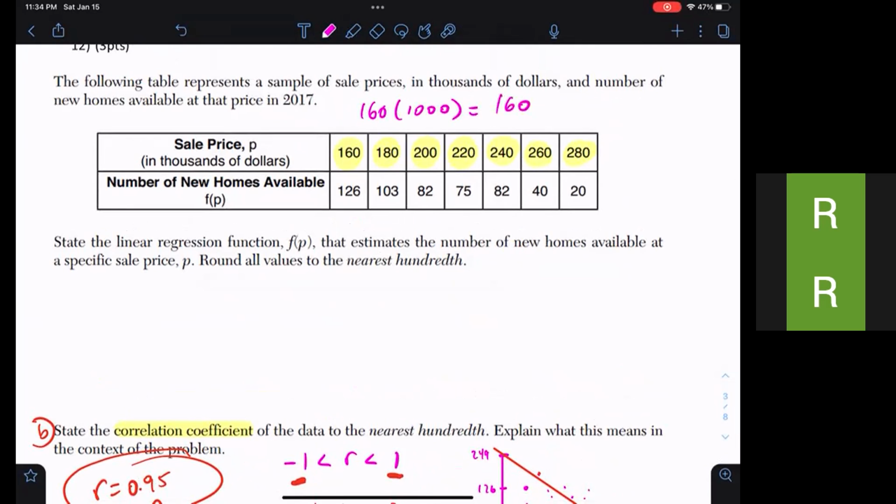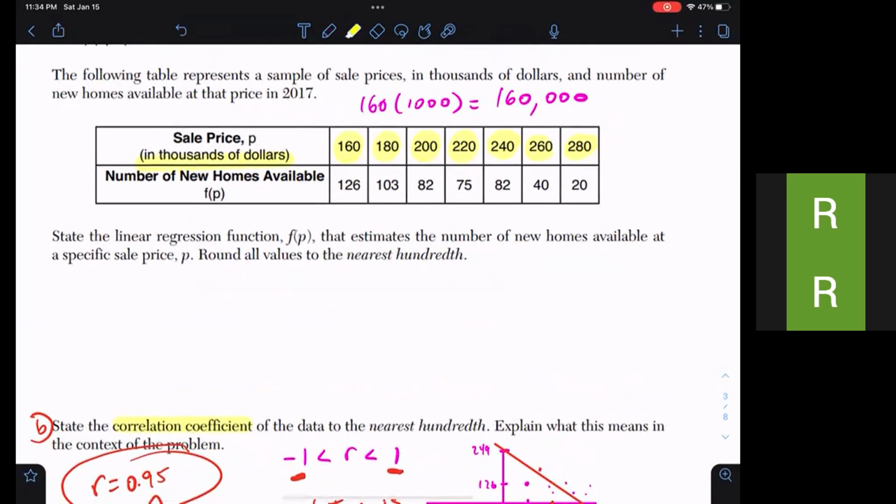So in reality, you need to multiply that by 1,000, so that will be 160,000, right? That's the reason they say 1,000 here. You need to understand the context of the question, what they're saying there, just in case they want to be mean or they're asking you something that you have no idea what they're talking about, right? Okay, so that's the input,